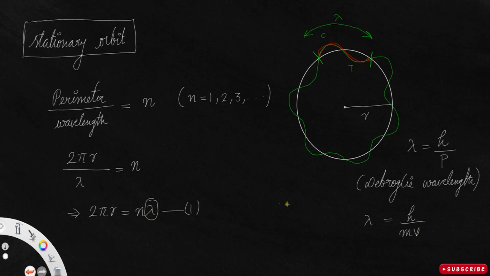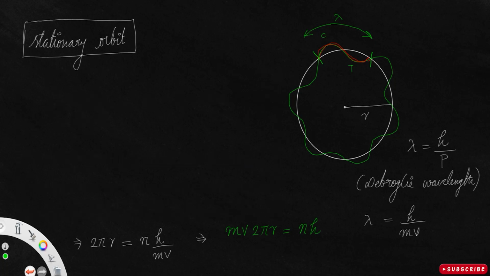So I can replace this lambda with h by mv. That will give 2 pi r is equal to n times h by mv. If I take this mv to the left, I'll get mv times 2 pi r is equal to nh. Okay. On simplifying this,